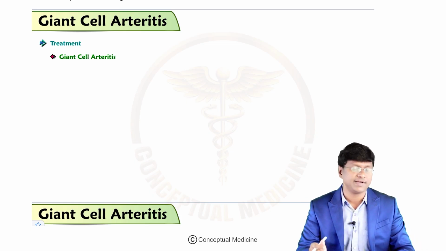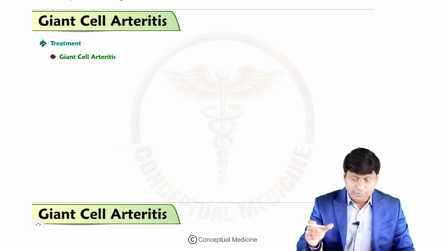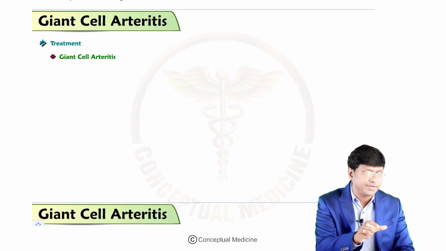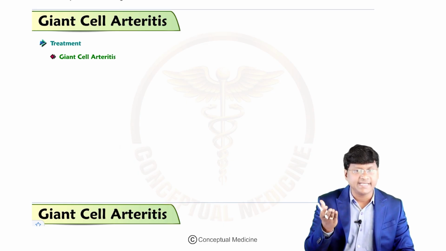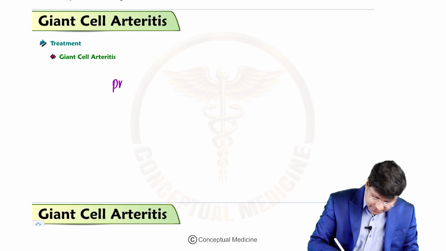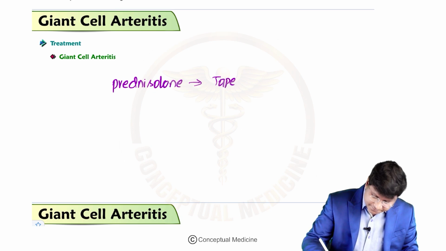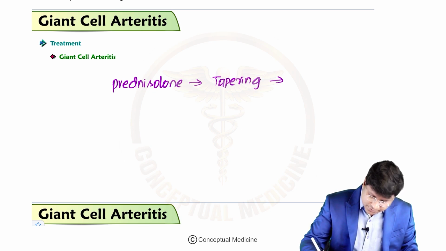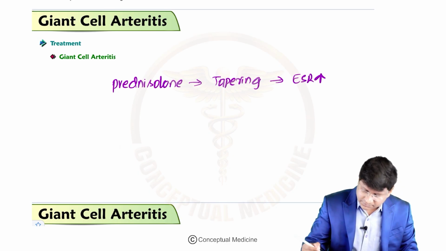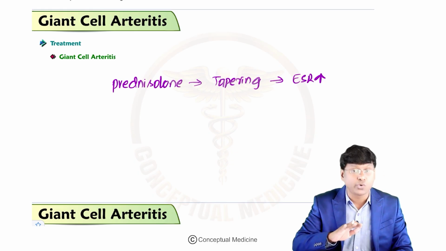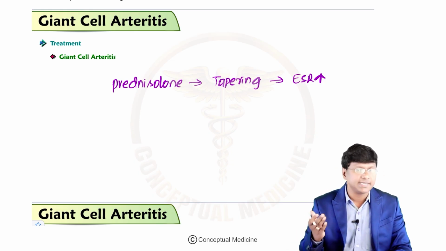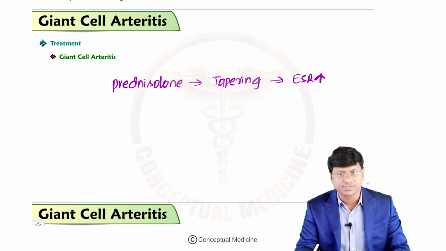That should not be the way you have to treat, right? You have to treat the patient's symptomatology, not the laboratory report ESR. ESR often rises slightly as the prednisolone is tapered. So, whenever you are tapering the prednisolone, ESR can slightly increase. Even though the disease is quiescent, the ESR may slightly rise whenever you are tapering